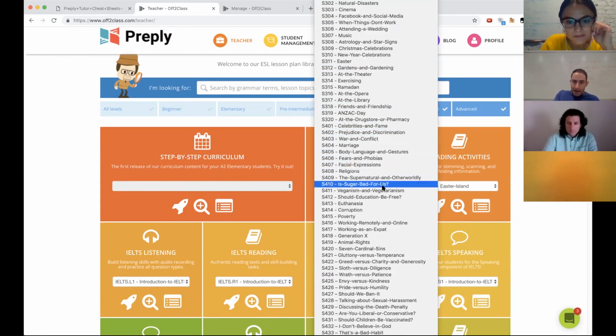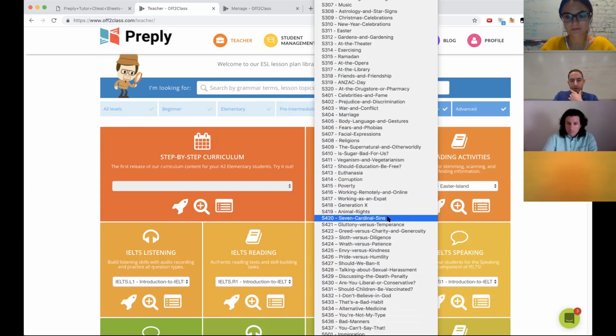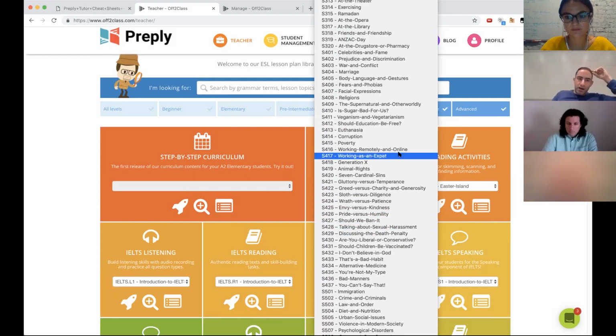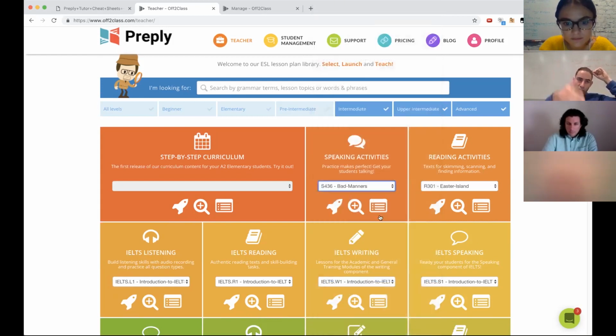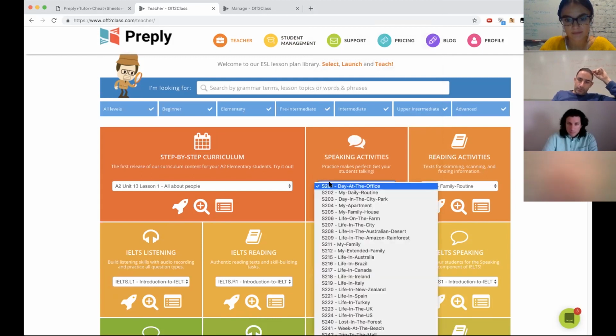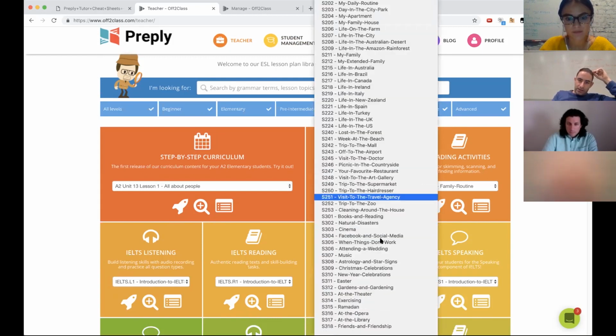And, you know, before your lesson, let's say you're all busy, you only have 15 minutes to prepare for your lesson. 15 minutes on this methodology can be a reasonable amount of time to pick a lesson, right? Because you can scroll the different lesson categories. You can even use the search bar. And then when you launch this lesson, let's say you launch one of the speaking activities, Chris,